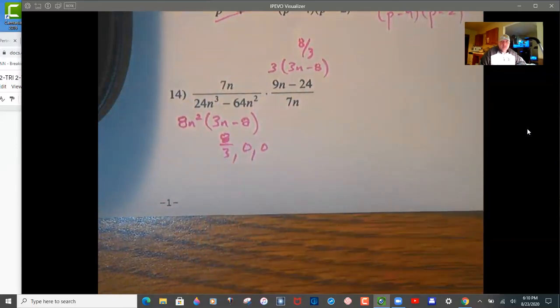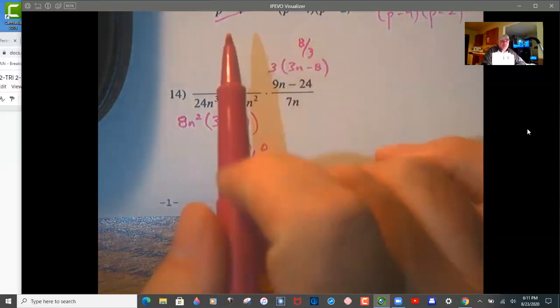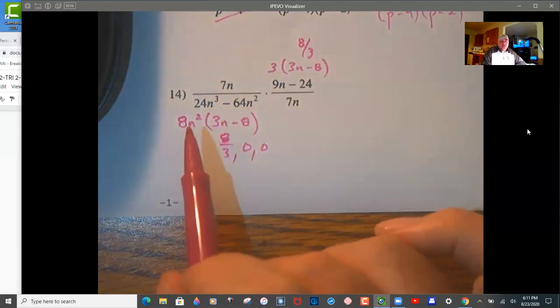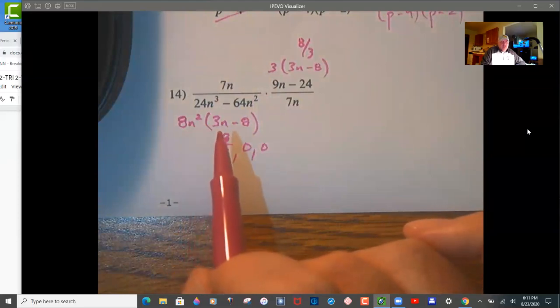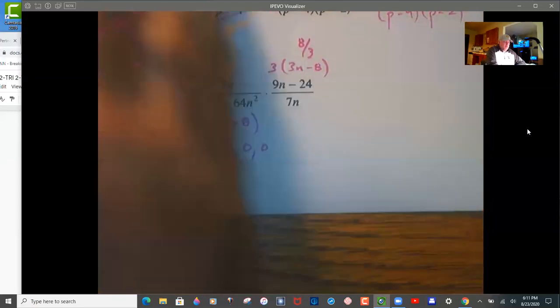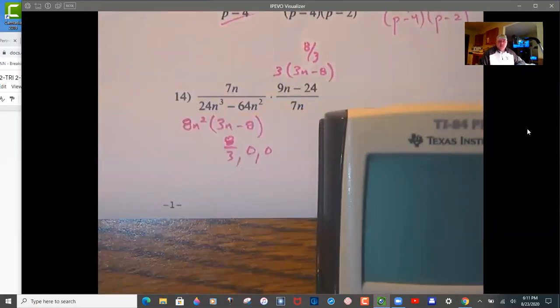These are your 3 zeros that you would get. So that's n times 3n minus 8. And then you need a common factor of 8 because that n times 3n is only 3n to the third, and you have 24n to the third. So just as a quick reminder on your calculator,